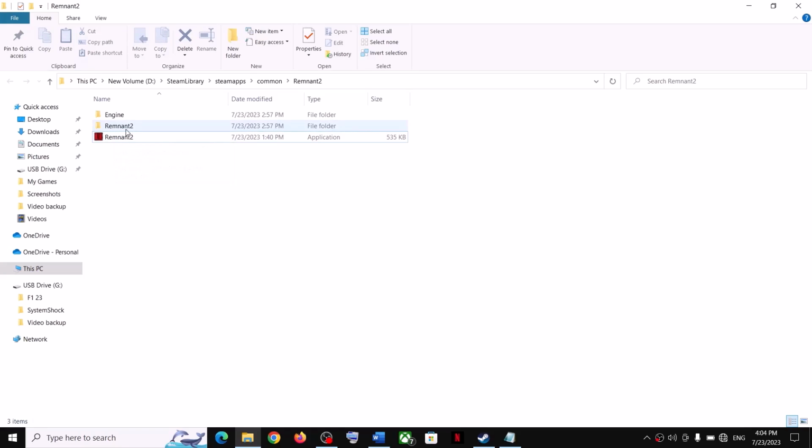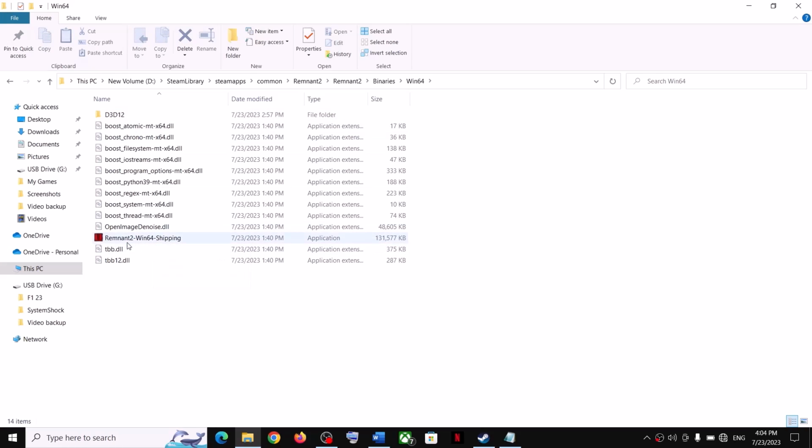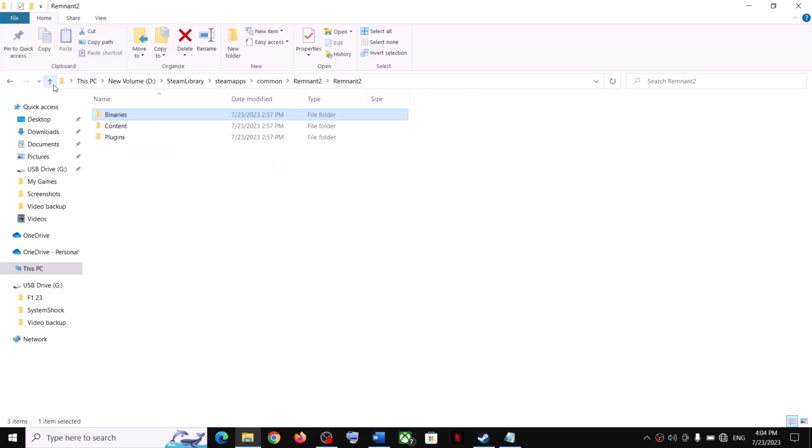If that does not work, you can open this Remnant 2 game folder, then Binaries, Win64, and over here also you will find the game exe file. Make a double click and then try launching the game. Now if you are still facing the problem, in that case, this time